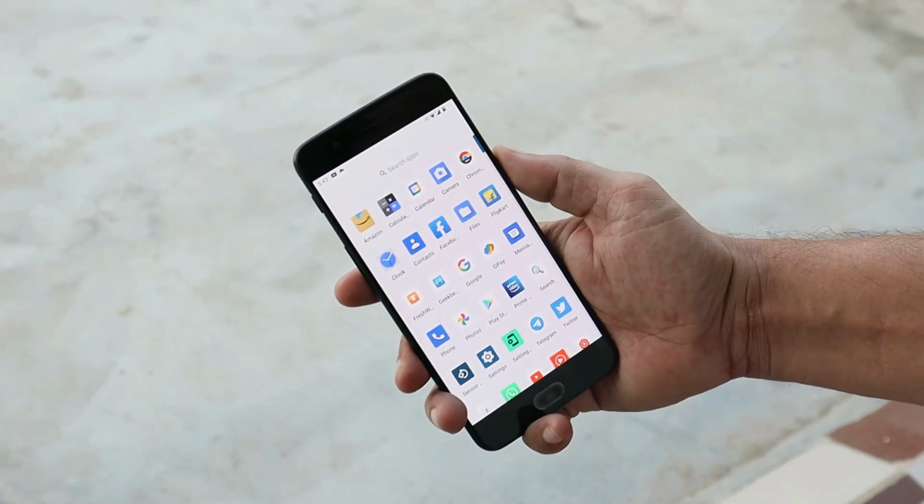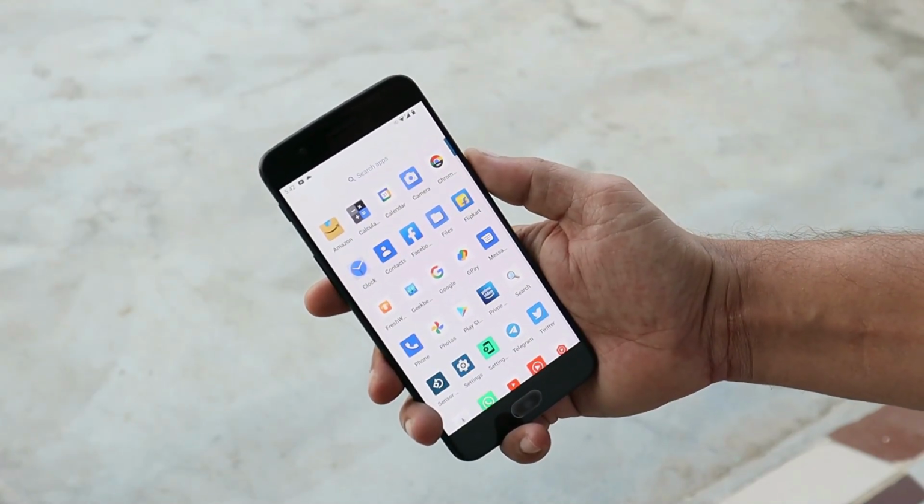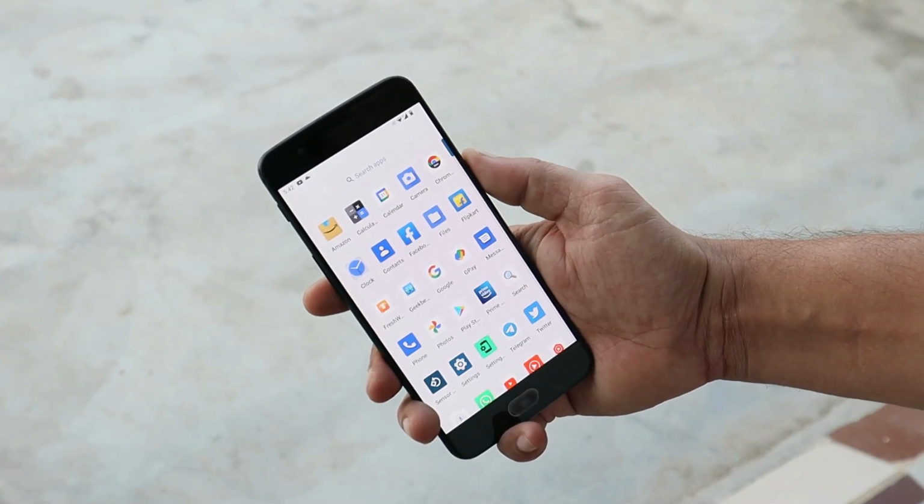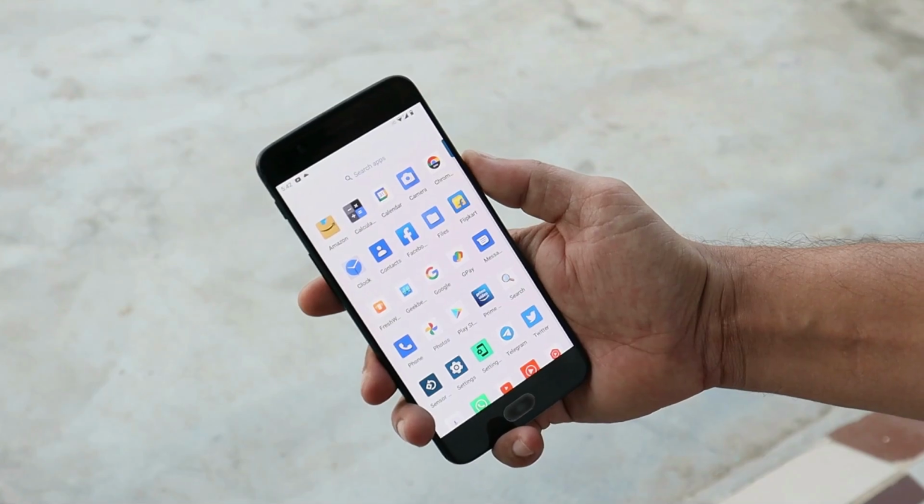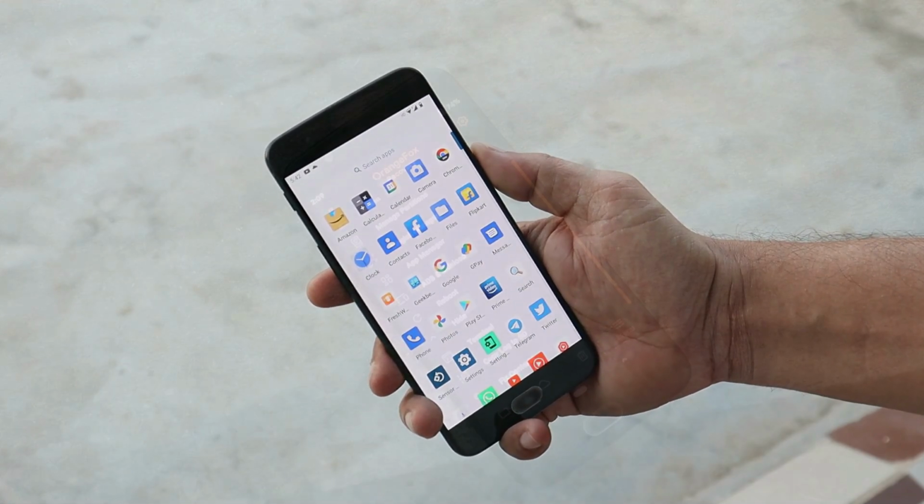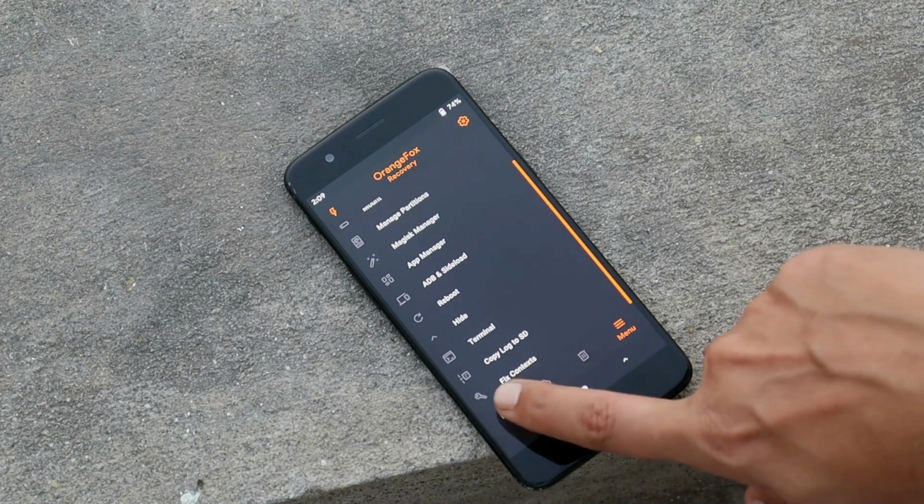To install, first of all, you need to have your device bootloader unlocked, and after that you should also have a custom recovery. I'll leave the recovery files of OnePlus 5 series in the description below. You can download from there and install custom recovery on your OnePlus 5 or 5T. So here on my OnePlus 5, I'll be using Orange Fox recovery. You just need to install this